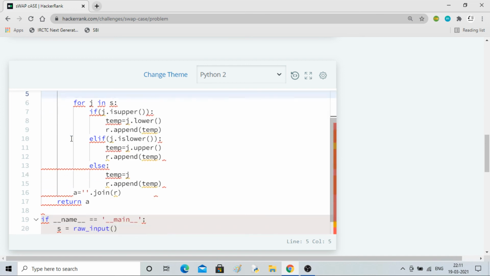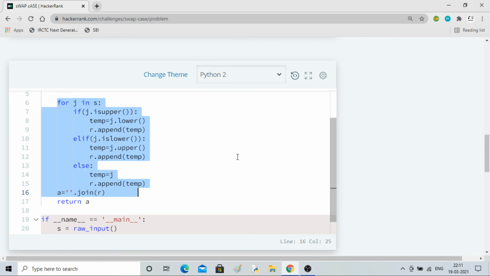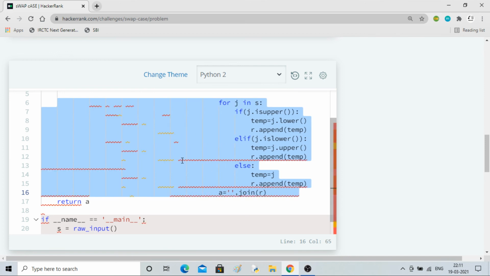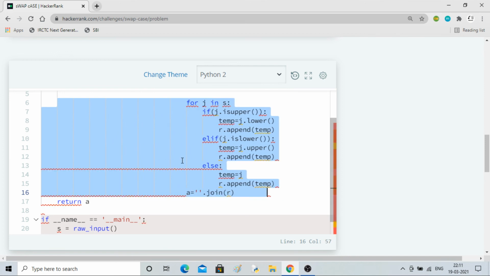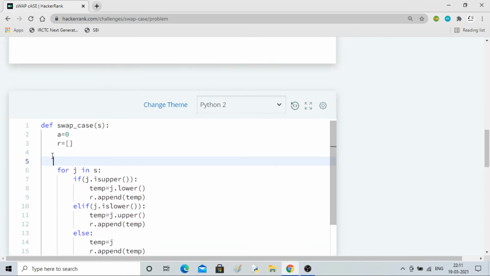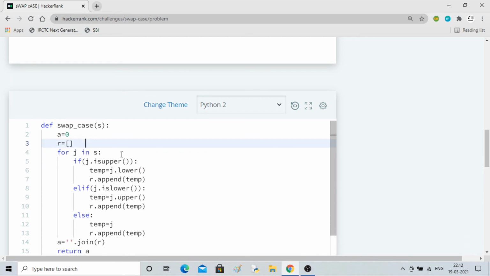So if I remove the else case, I'll select this and press shift plus tab to move it to the left. If I use tab, it will go right, but if I use shift plus tab, it will come left. You have to select everything for that. Okay, so just a nice trick to keep your code clean and easy.